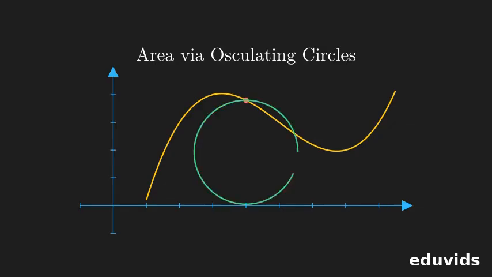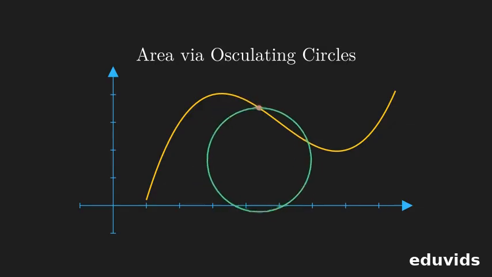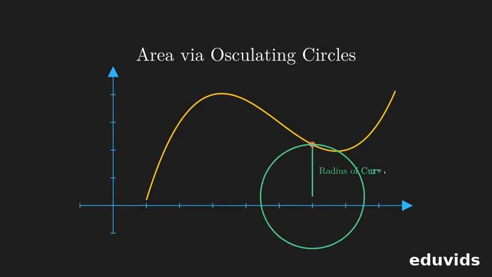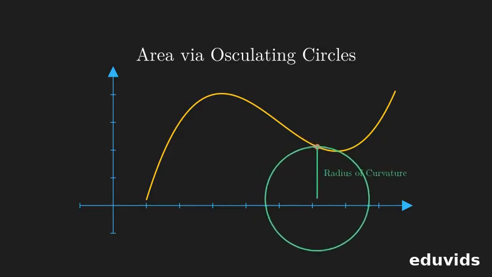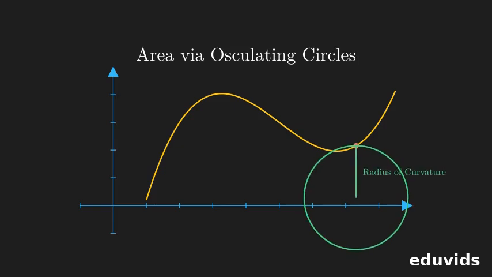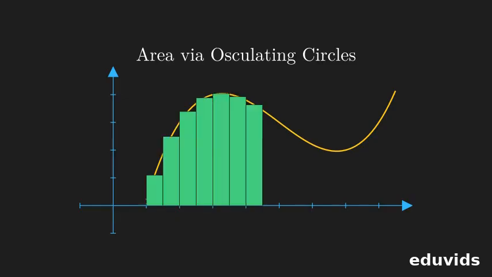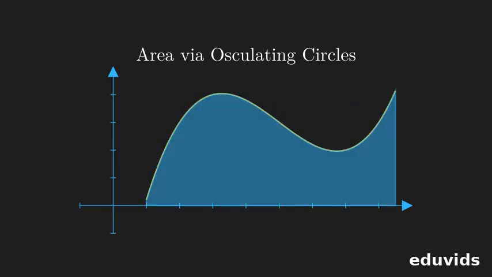The key tool here is the osculating circle, which is the circle that best hugs a curve at a single chosen point. The radius of this circle is the radius of curvature, telling us exactly how tightly the curve bends at that spot. To find the area under a very small segment of the curve, we treat that segment as if it were part of the known osculating circle. By breaking the curve into many tiny pieces and summing the approximated circular areas, we can estimate the total area